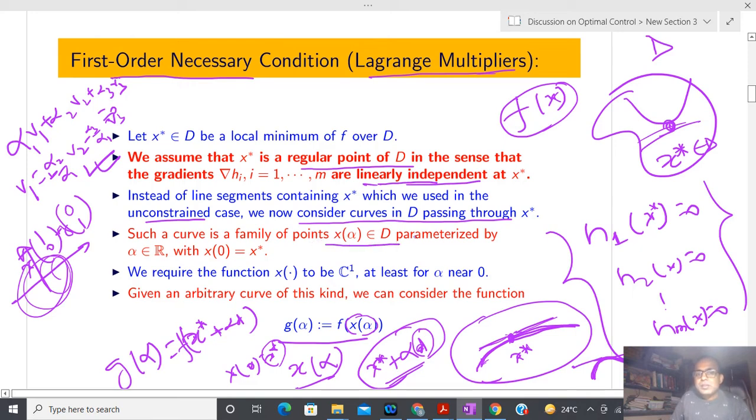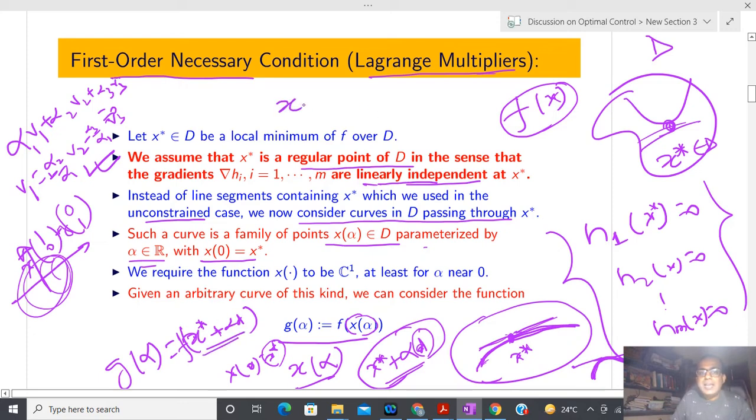And why did I say family of points? Because you can see here that x belongs to D, and D is a subset of R^n. So this is not a scalar quantity, this is a vector quantity that belongs to D, and I am going to parameterize it using a scalar. I am assuming that alpha is a scalar, same as in the unconstrained case, but here I am going to consider a general family of curves, while making sure that x(0) equals x star. That is obvious, because when I considered x star plus alpha d, if I keep alpha equal to 0, then automatically